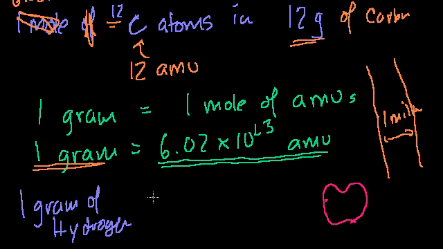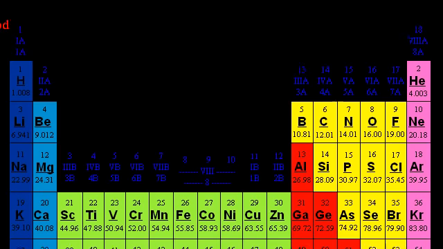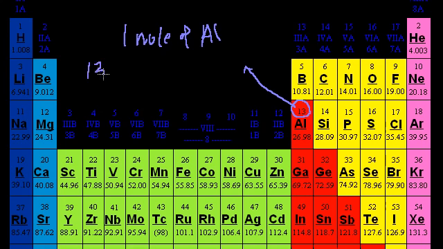If you have 1 gram of hydrogen, that means you have 1 mole of hydrogen. How do I know that? Because hydrogen's atomic mass number is 1. So in general, if you take any element, what is the mass of, let me just pick 1 mole of aluminum? If I were to take 6.02 times 10 to the 23 aluminum atoms, what is the mass of that collection? Well, each of them has an atomic mass number of 13, right? So it's 13 AMUs